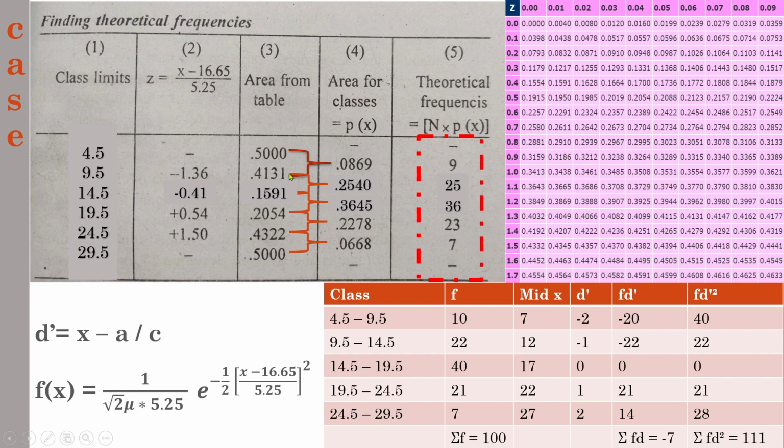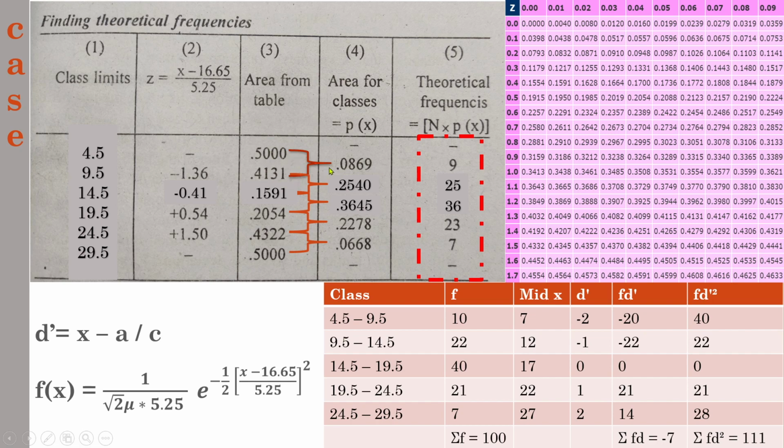Even though it's very easy, it can be confusing because signs play an important role as well as the values. And remember, here all these values will be in a straight line. In the first three columns, your values will be in the same line. From the fourth column, see, your 0.0869 is in between these two values, because this is the difference between these two values. So you have to write it in between these two numbers. Remember to do that. Never write the value on any of the lines, because this one represents the area in between these two points.